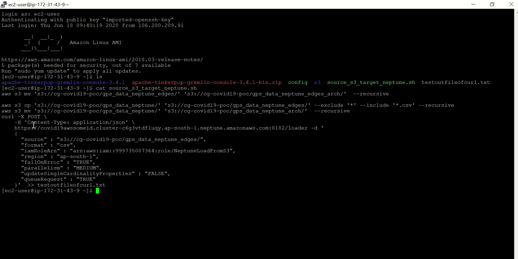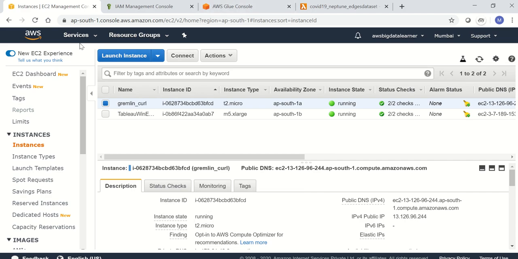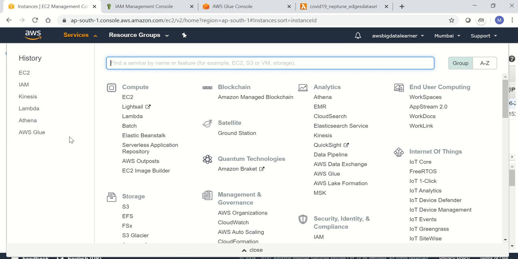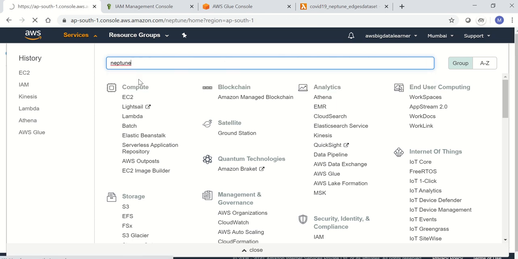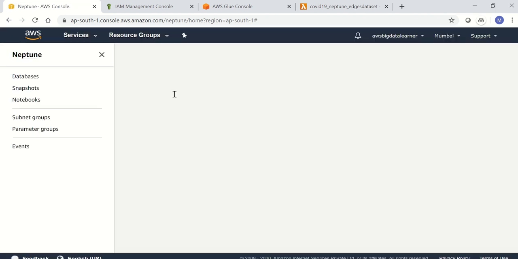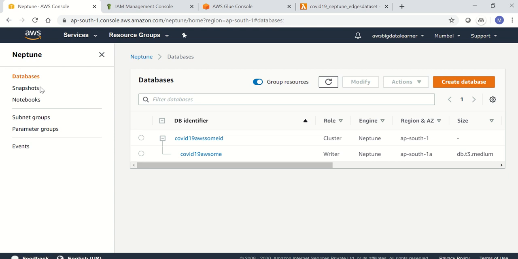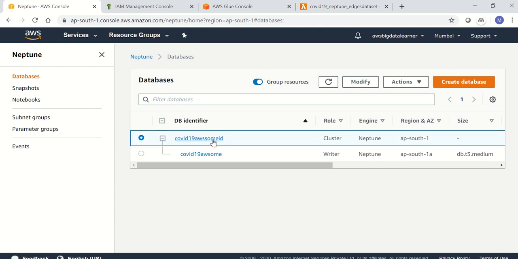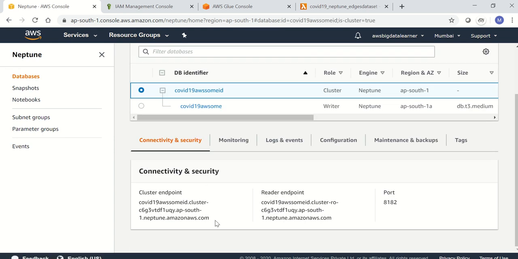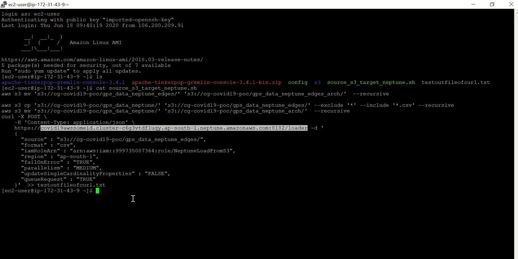Okay, so this is the HTTP request which we are sending to our Neptune cluster. So our Neptune cluster is launched in Mumbai region. So you can see the cluster identifier, cluster endpoint. So this is the cluster endpoint which we are using.